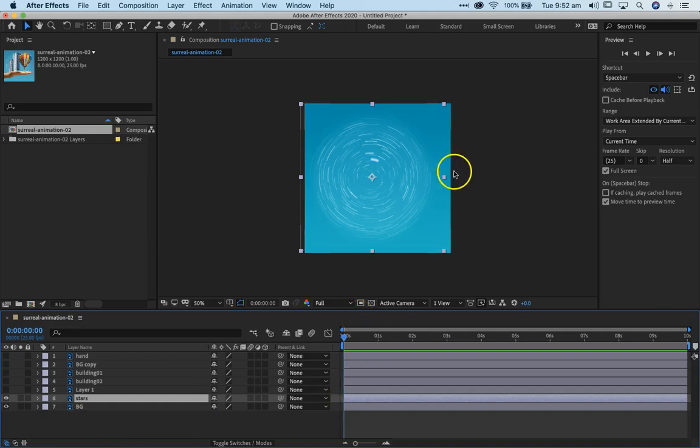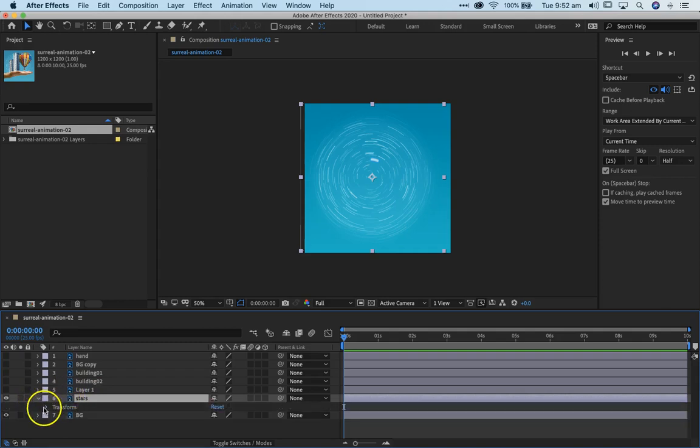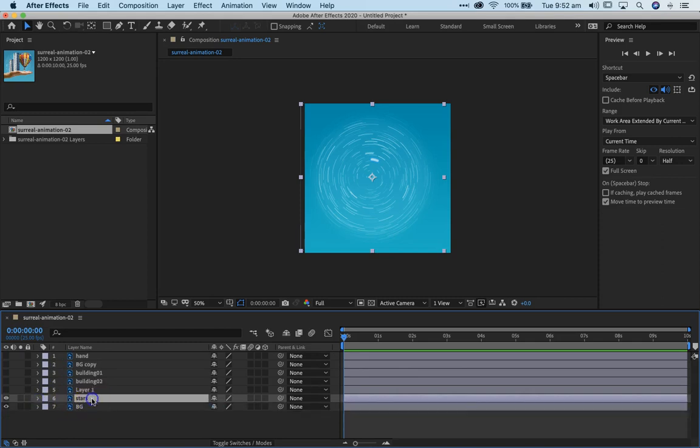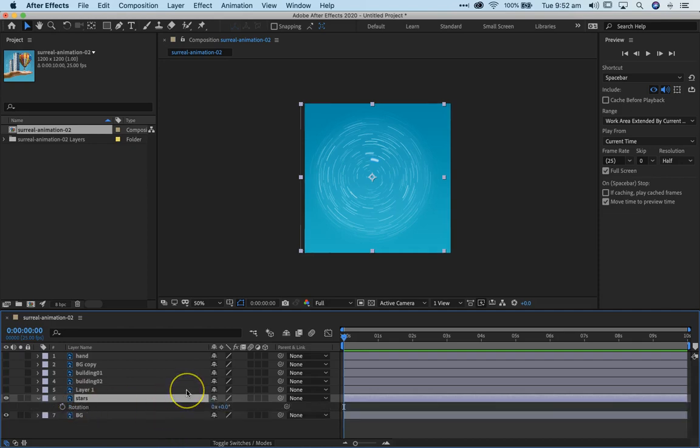We're going to rotate these stars. I don't know if you remember, but there are shortcuts to twirl down your transformation properties. You can either twirl down those little arrows, or in the case of rotation, I can hit R on the keyboard and open up my rotation property. I'm going to set 2 keyframes for this rotation, one at the start of the composition and one at the end of the composition's timeline. So we'll start here. I've added that first keyframe. I'm going to move right through to the final frame